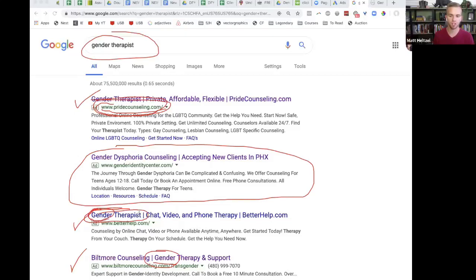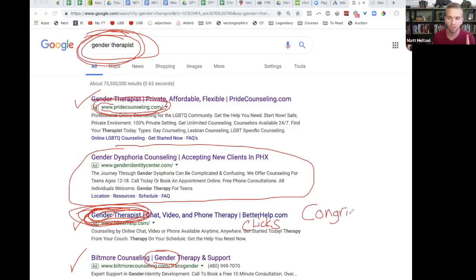Basically, whenever somebody searches a certain keyword, anything around gender that somebody would type in, gender counseling, gender therapist, their ad right here will actually change based on what people search. Now, the problem with that, maybe you'll get more clicks, right? Because it matches exactly. But hey, remember this,